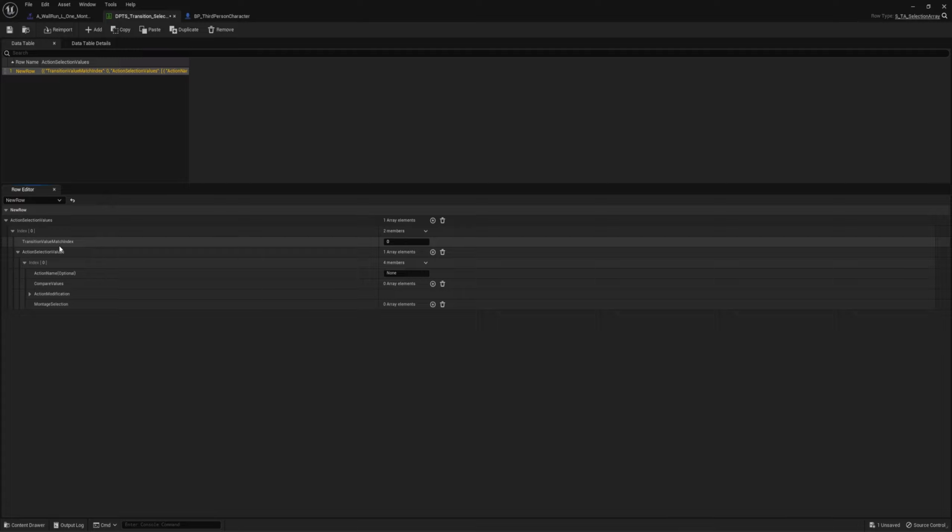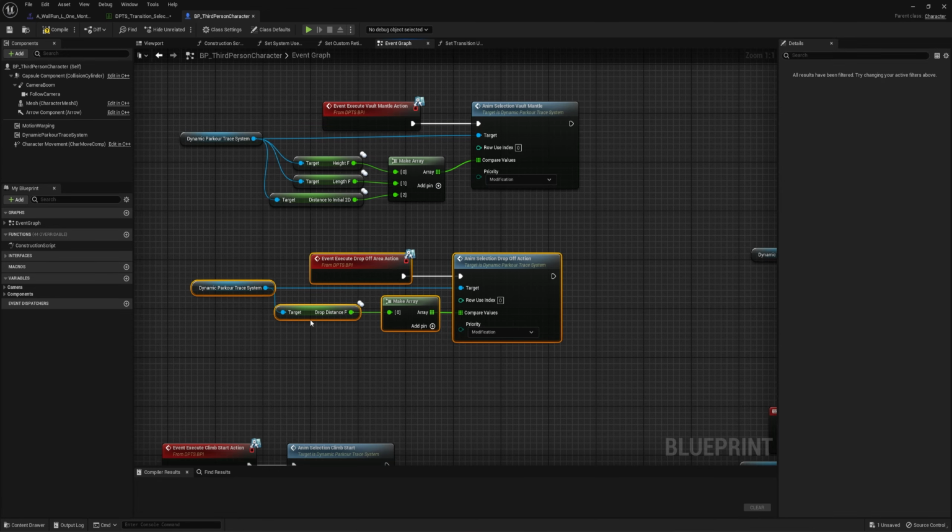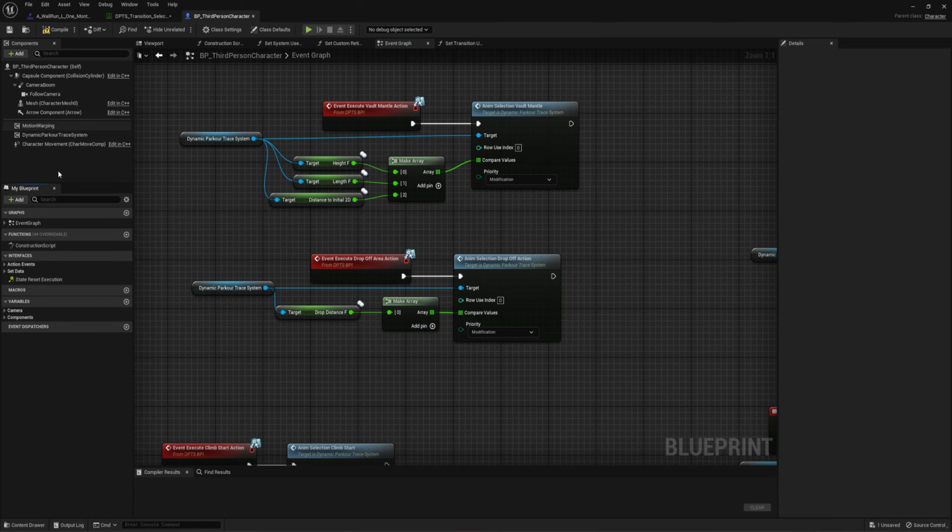Now, just like with everything else that I've shown, it's all just simply looking at the index, right? And remembering, okay, this one's this, this one's this. So if we look at the transition value match index here, we can actually assign what this is going to use, because what this is going to do is pull a value from a listing and use that. So unlike with the other animations here where we're feeding in the array, this one's actually going to get it from another source. And that's actually here in the interfaces of our character. We're going to open up under set data. You're going to open up where it says the set transition use values,